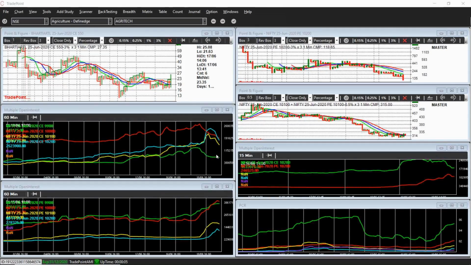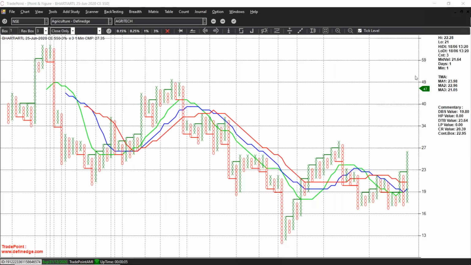I'll take it now. Can you see my screen? Yes. Okay. So since Raghunath spoke about the volatility skew, and while he was talking, I realized I didn't have this chart earlier, but then I thought, why not show this. He showed that bullishness in Bharti Airtel. So I quickly plotted the 550 call, and yes, it is bullish.